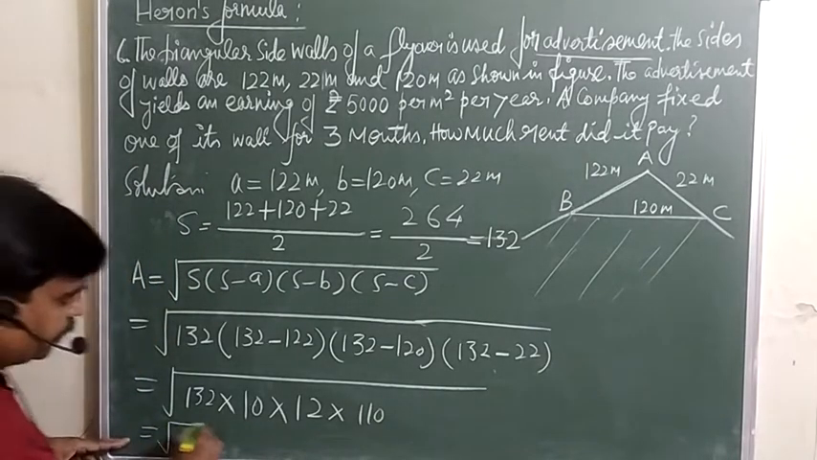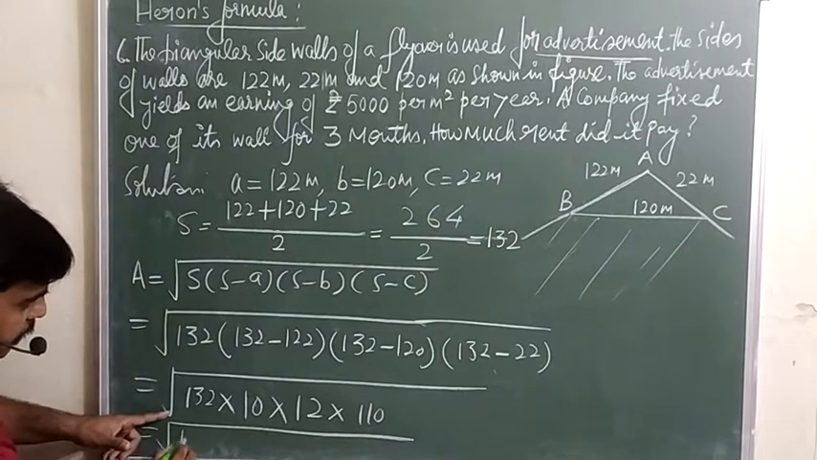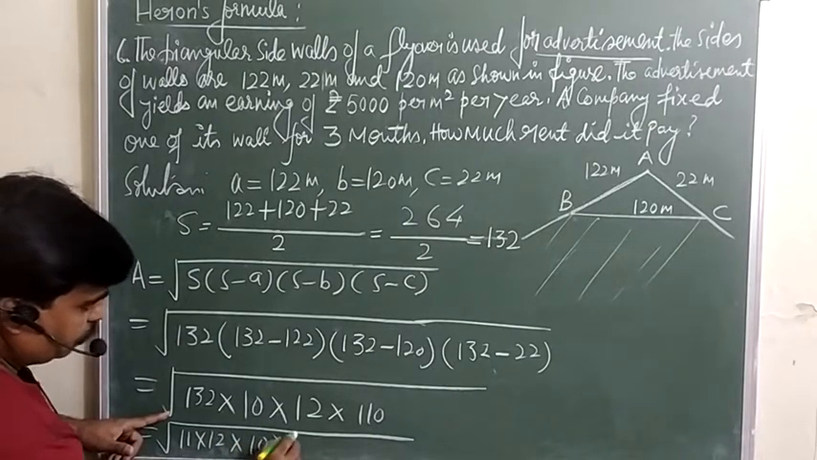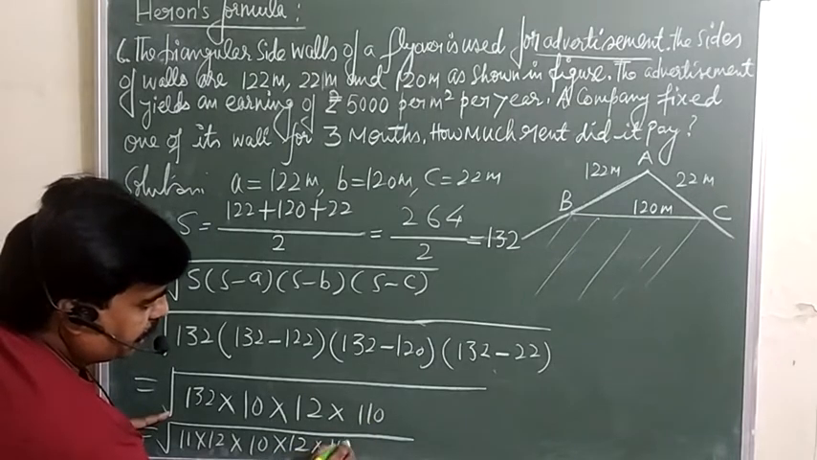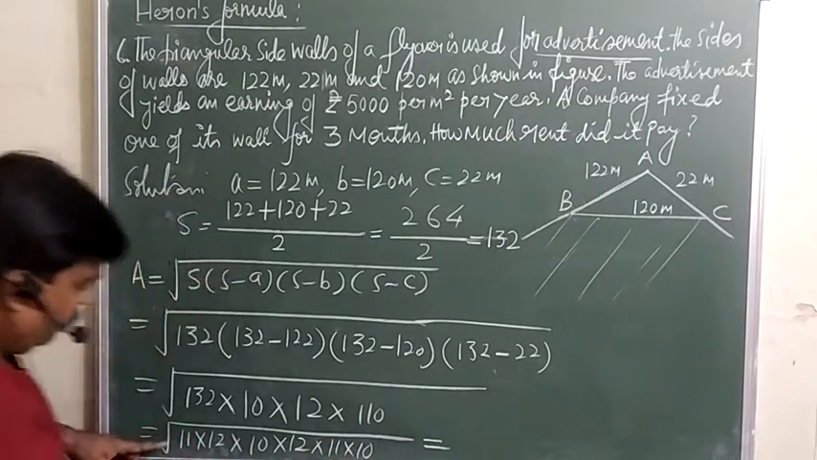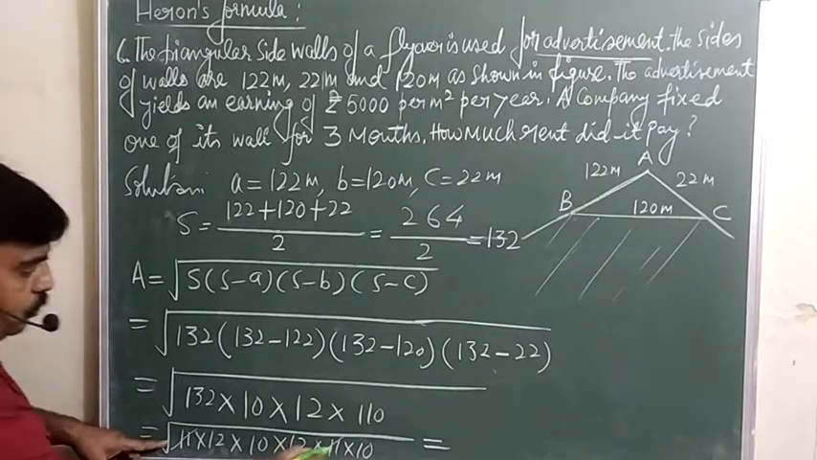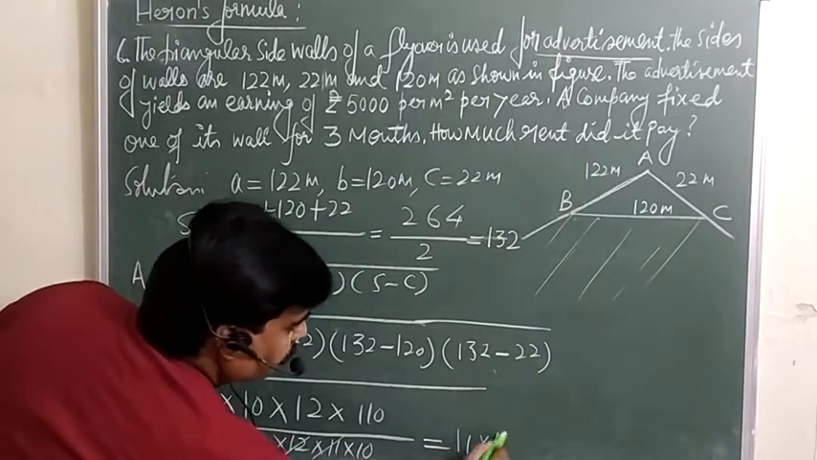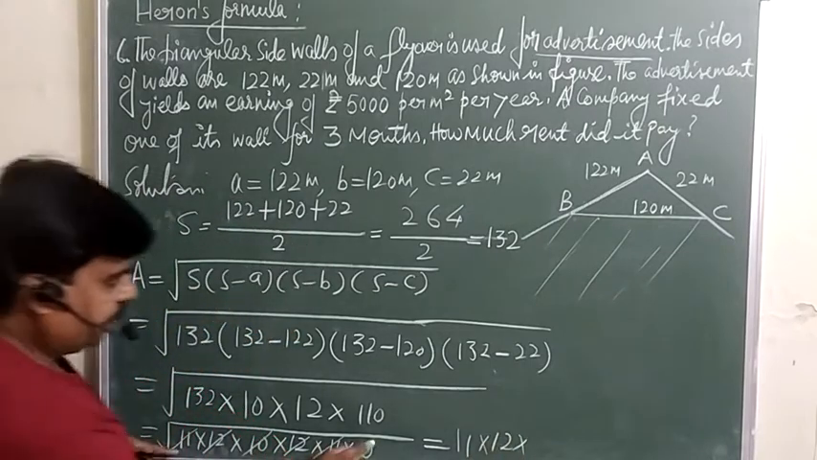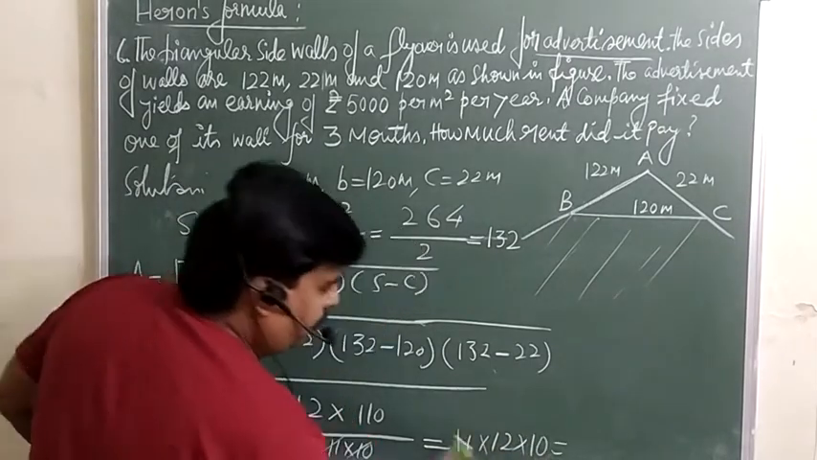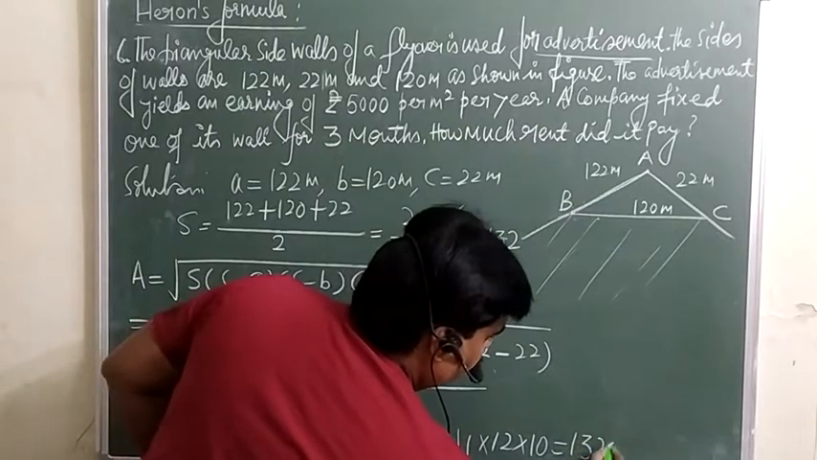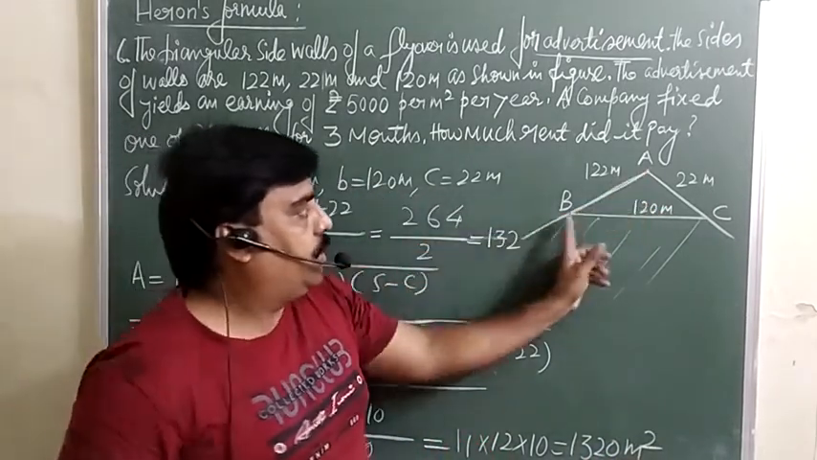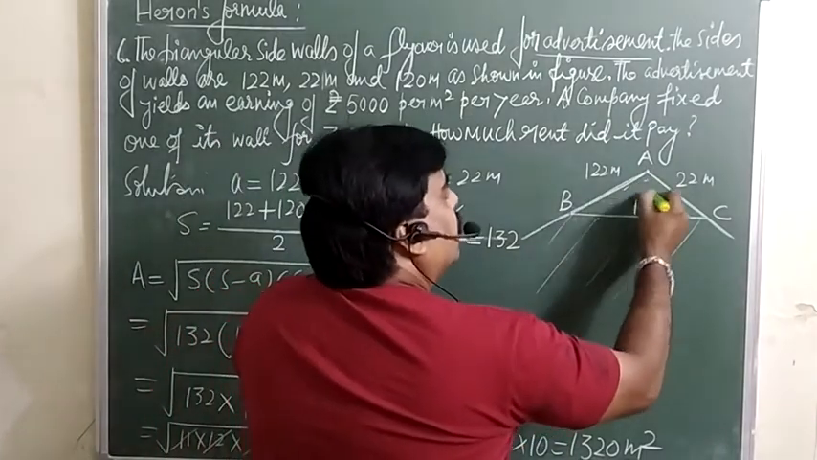So this can be written as 11 into 12 you can say. You can keep this 10 as it is, 12 as it is, and this can be written as 11 into 10. Now from 132 and 110, 11 comes out, 12 and 10. So you will get 1320 meter square. This is the area of this portion, area of this one only, which we are using for